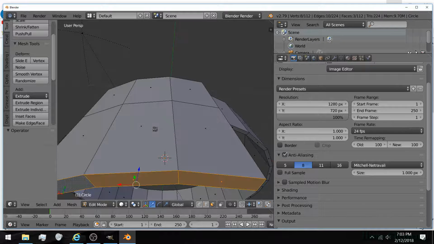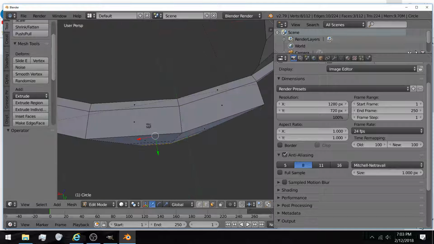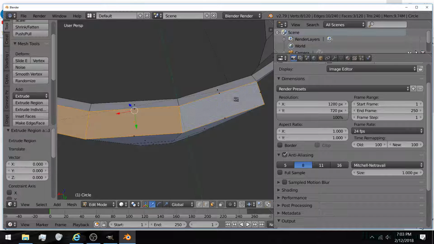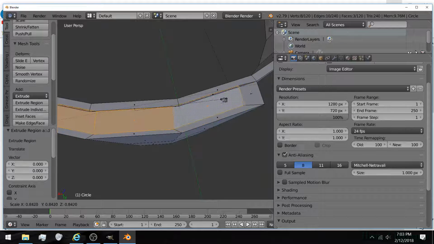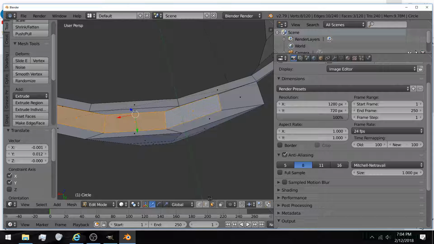Actually, no, not with that one. Gonna extrude, scale, and we're gonna have to fix a little bit of this,